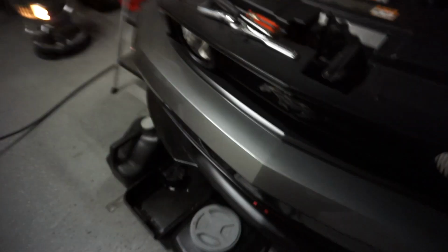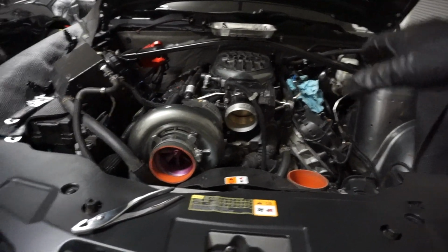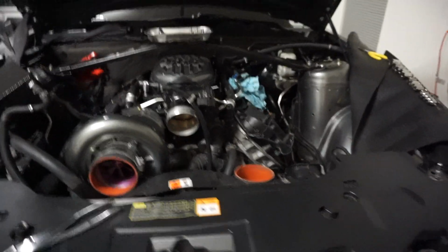I have obviously gotten started and gotten a little bit of progress done already. Just pulled the intake stuff, coil covers, battery, a couple things up here. Obviously cleaning out for the fuel system stuff, but the main things moving forward is that I get under the car, pull the exhaust, the drive shaft, and the transmission. Those are the main things underneath the car, and at that point I'll be able to finish